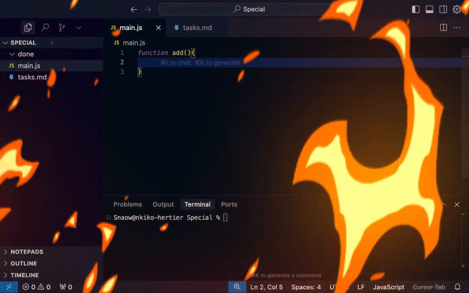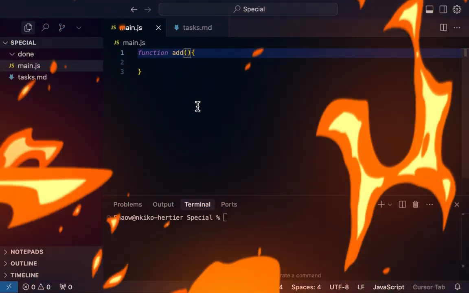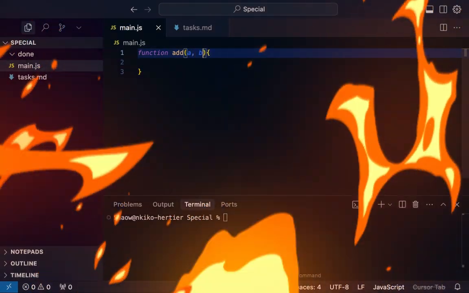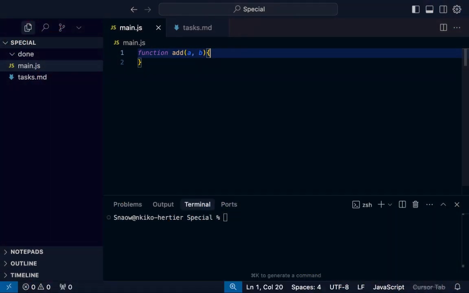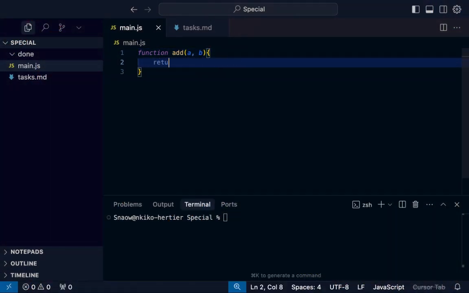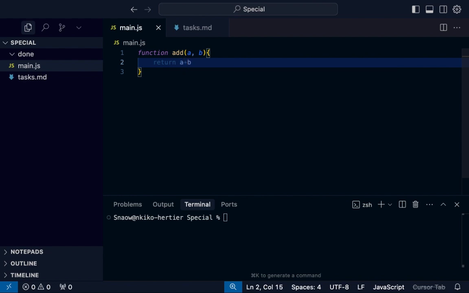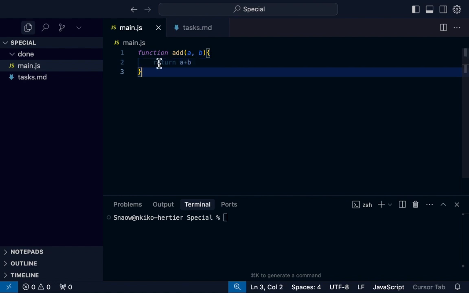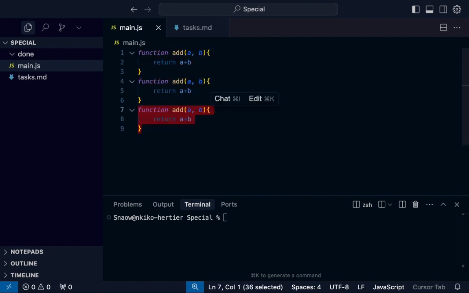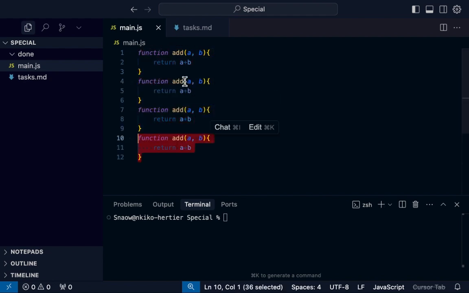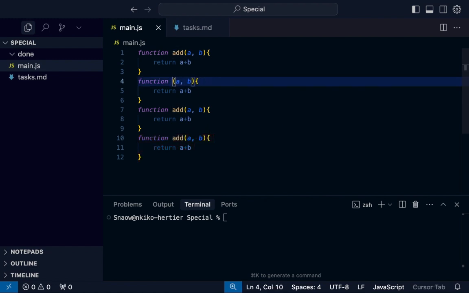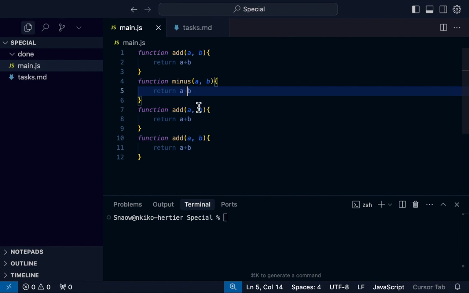and then we just give it arguments, which are a and b, and then all we'll be returning is the sum of a and b. Return a plus b. And we're gonna do the same thing for all the rest. So I just prefer multiplying these codes into 4, and then I'll be replacing just the names. So we just name it minus, and then we just replace this with the minus sign, and then we just name this,